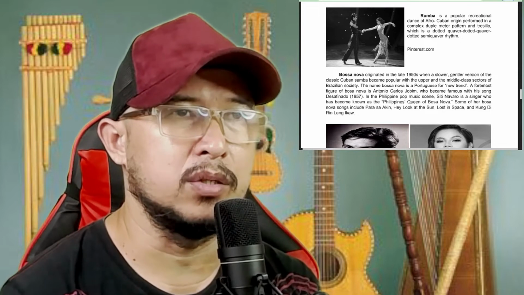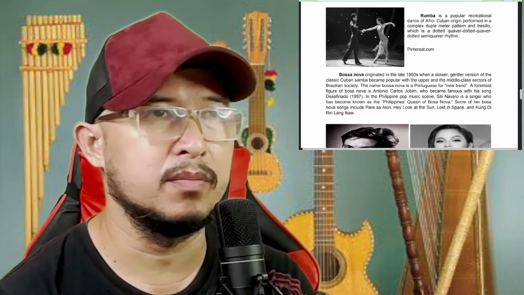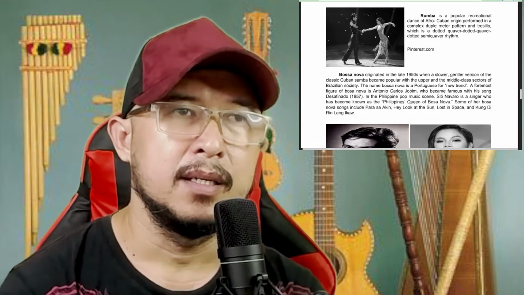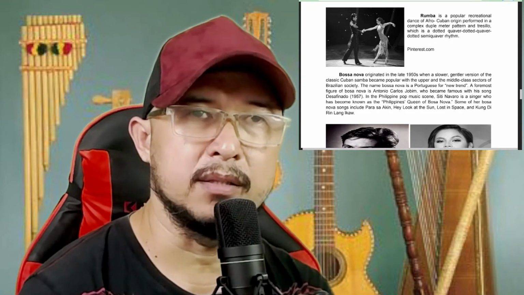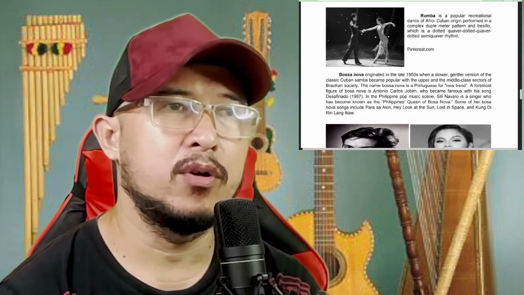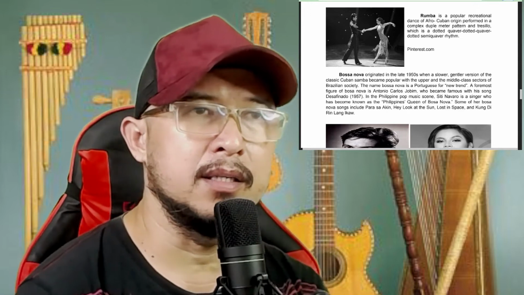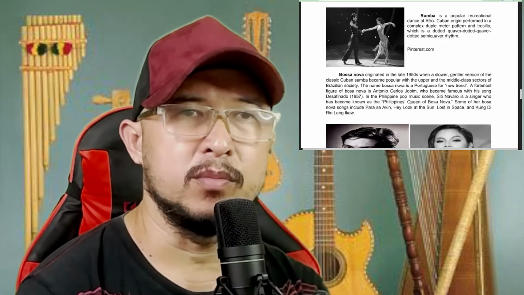And we also have bossa nova, originated in the late 1950s, when a slower, gentler version of the classic Brazilian samba became popular with the upper and middle class sectors of Brazilian society. The name bossa nova is Portuguese for new trend. Bossa nova, new trend. A foremost figure of bossa nova is Antonio Carlos Jobim, who became famous with his song